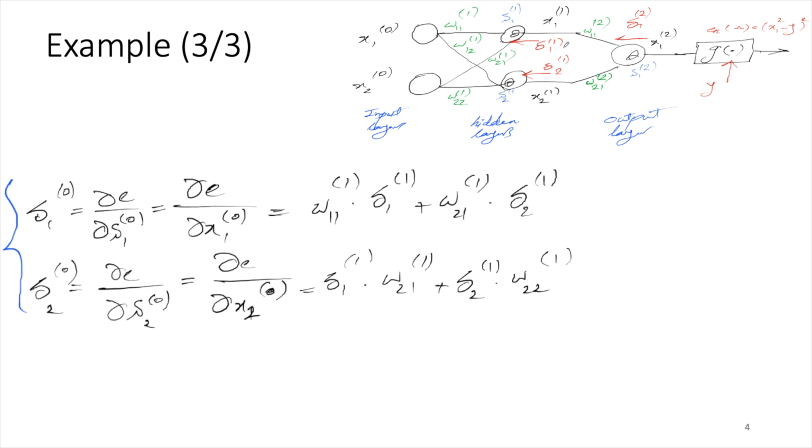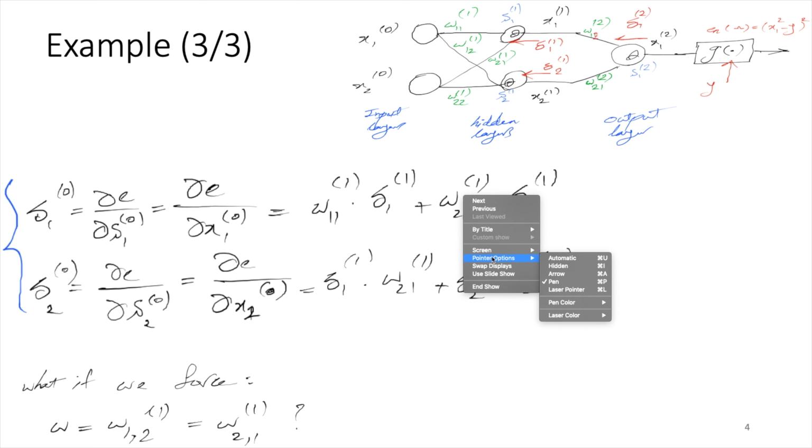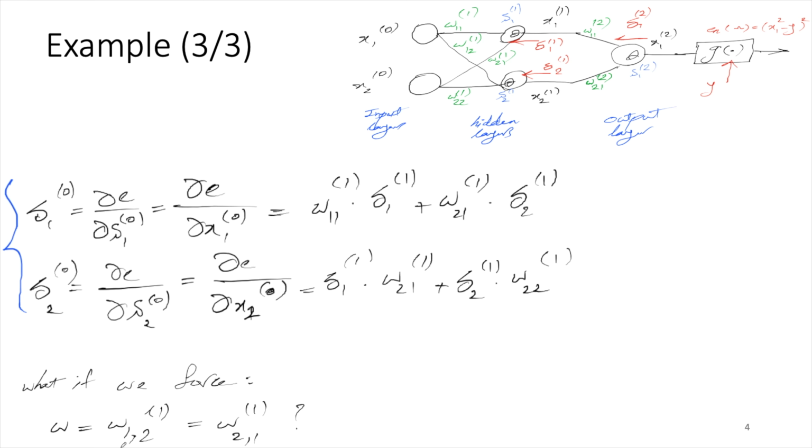So a simple question would be, what if we force both W's, W1, 2 and W2, 1? I guess this is it. Yeah, this should be 2. Oh no, actually this is right. This is correct. Let's see. So what if we force these two values to be the same? I mean, suppose they have the same value, right? If you expand the previous one,